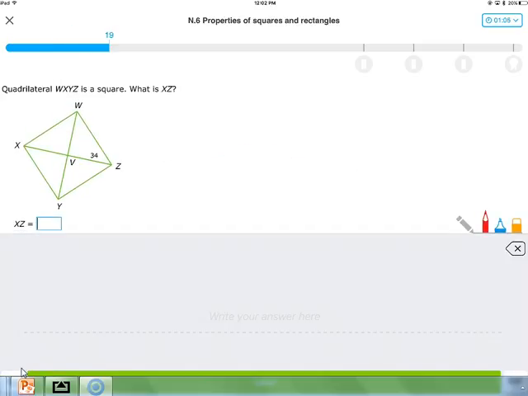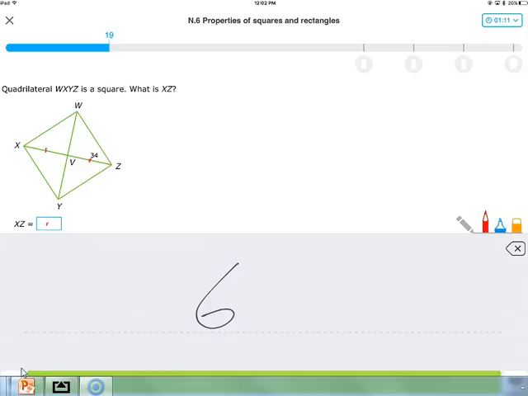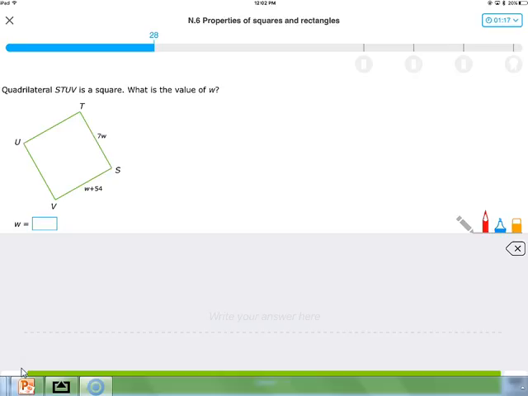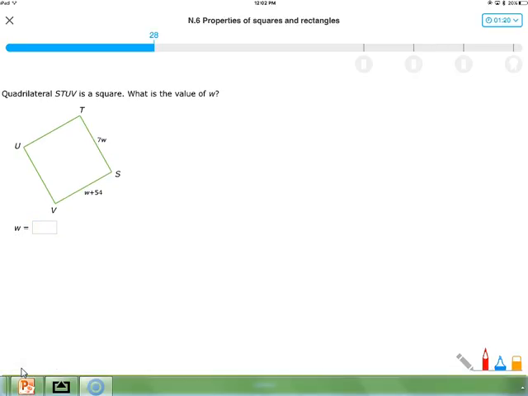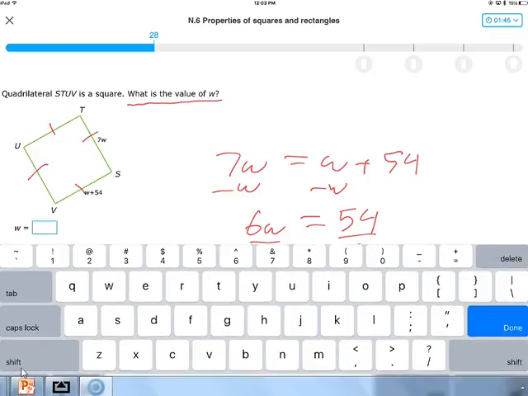Okay, so this is a square. What is XZ? So again, this is 34 and 34, so we get a total of 68. Okay, what is the value of W? Opposite sides are congruent in a parallelogram, but in a square, we additionally know that every side is the same like in a rhombus. So 7W equals W plus 54 minus W, gets 6W is 54, dividing by 6, we get that W is 9. It could be asking for the side length, but it's asking for W, so we get